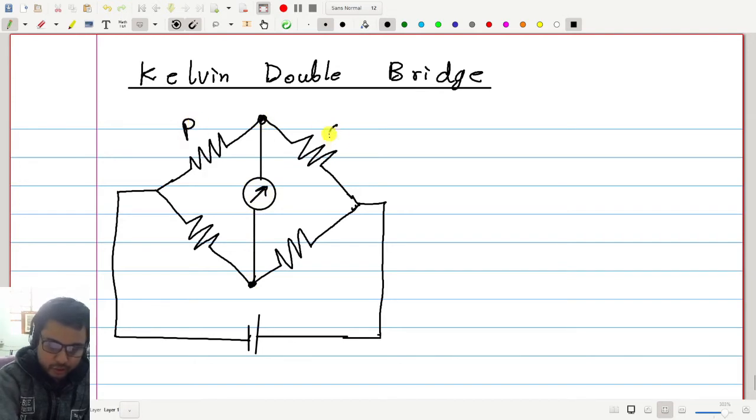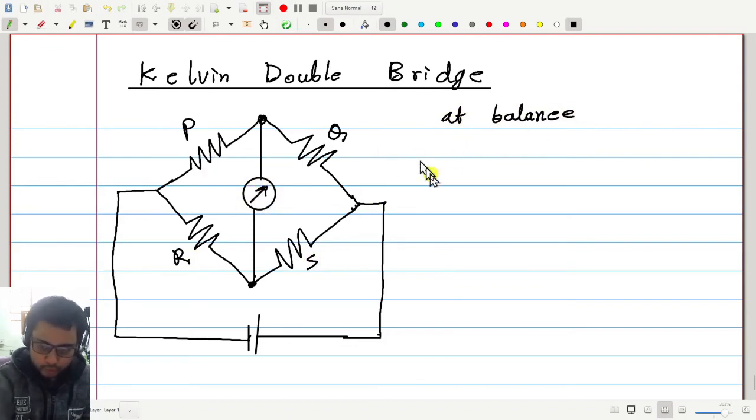Call it P, Q, R, S, and at balance, you all know, at balance means when we get null or zero deflection in the meter, you can prove that P by Q equals R by S, and this can be used to measure an unknown resistance. For example, if R is unknown,